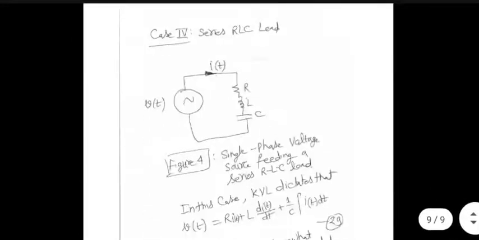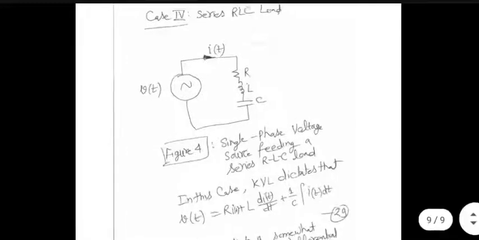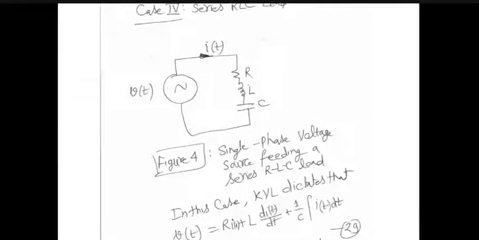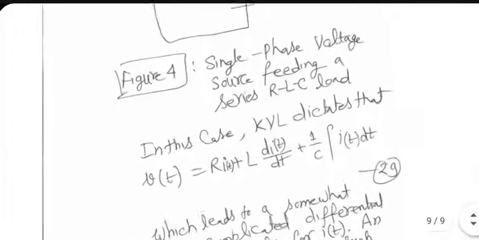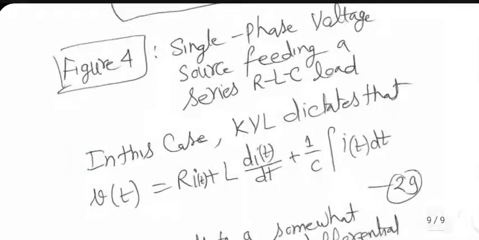Now suppose a real life situation where you have an RLC circuit, which actually represents a lot of equipment's behavior. Most of the real life equipment can be reasonably modeled by using a series or parallel RLC circuit based on experimental data tested in the lab or obtained after testing in the lab. Now, in case of an RLC circuit, what will happen if we use the same theory? I'm continuing with time domain analysis for now. So applied voltage now will be written by this well-known formula. You have done all this in first year.